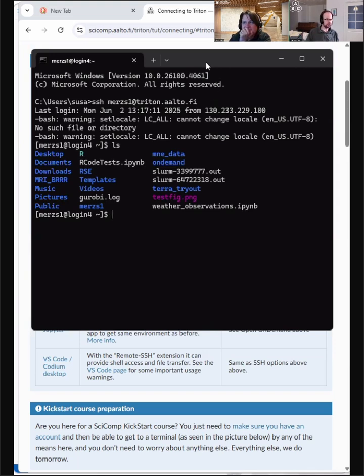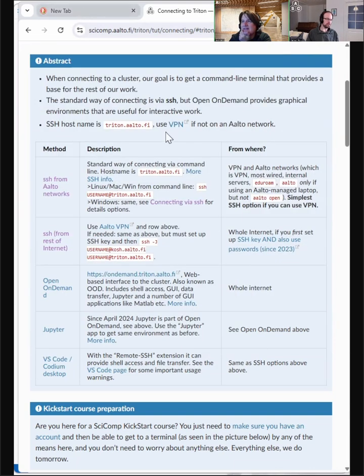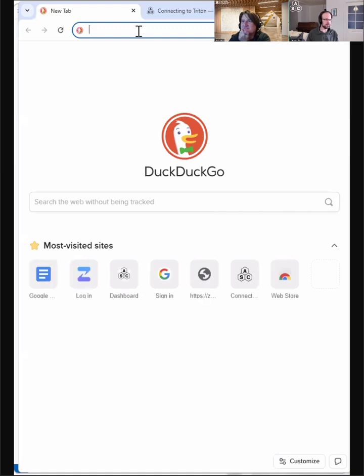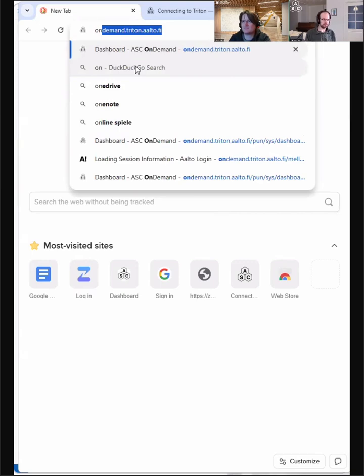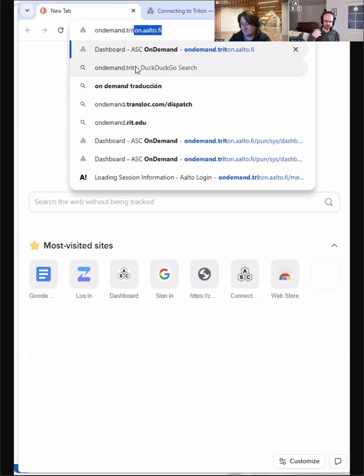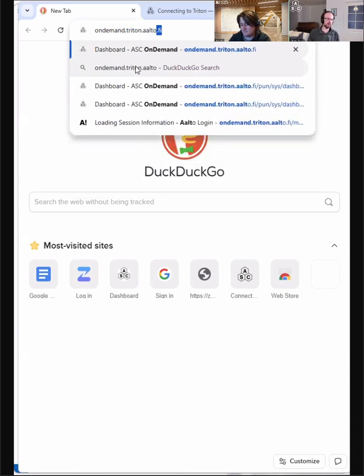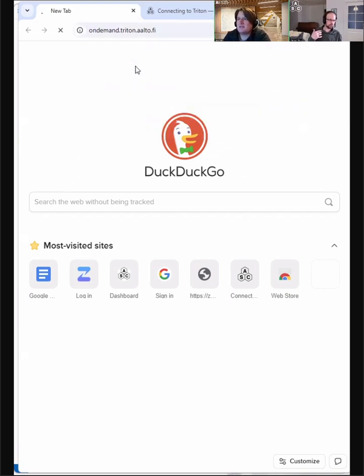And we can also maybe quickly show this via Open OnDemand. OnDemand is a service that many HPC systems nowadays provide, and it's essentially a web interface to the cluster, which you open in a browser. On Triton, it's ondemand.triton.aalto.fi. So then when I open this,